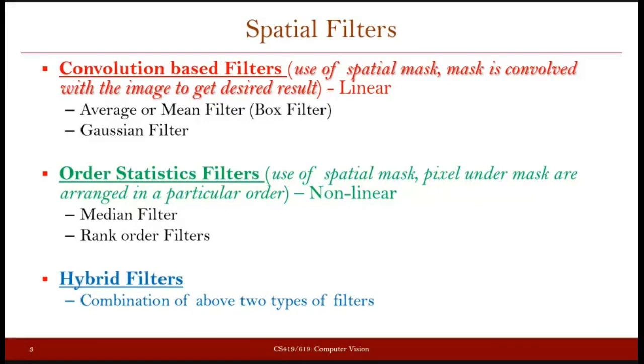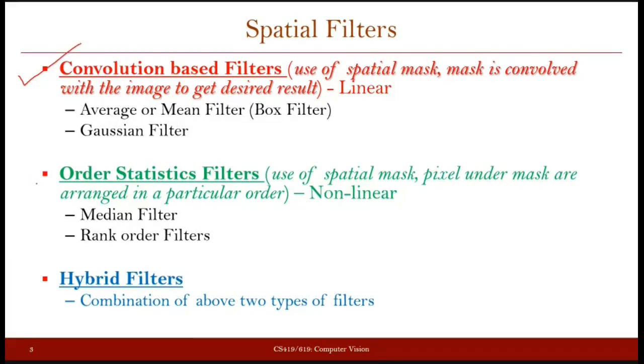The spatial filters that we have can actually be broadly classified into three kinds of filters. One category is called convolution-based filters, and as the name suggests, when you are filtering your image with the help of that filter, you will basically be performing a convolution operation. That means you will have a filter, you will have an image, and you will convolve the image by the given filter. So this is what you are going to do when you filter your image using convolution-based filters. Okay, we'll see more details.